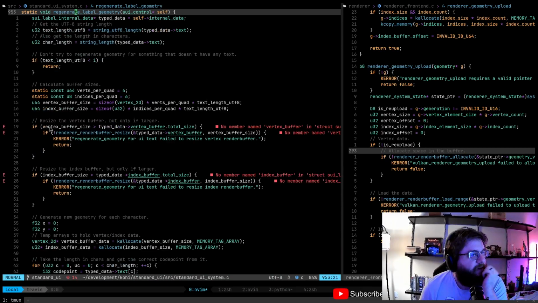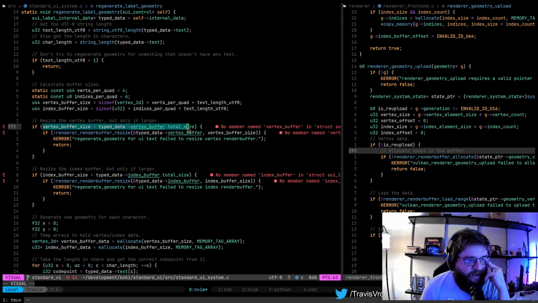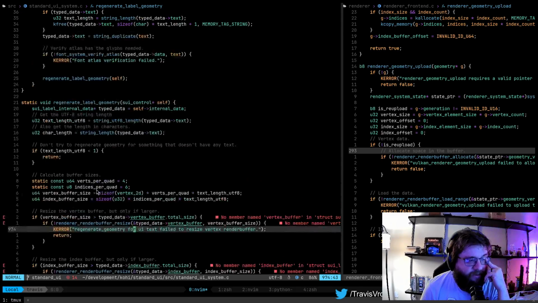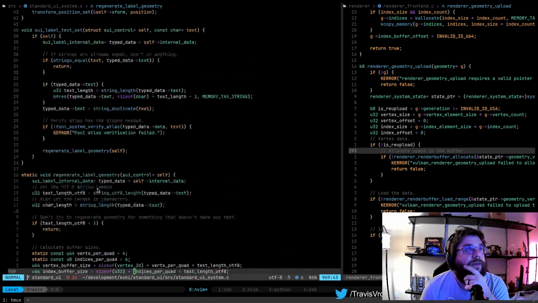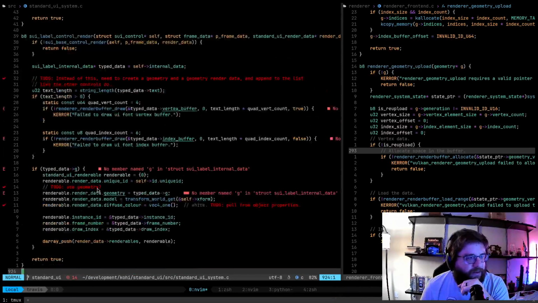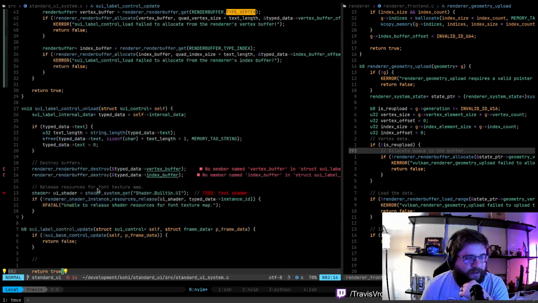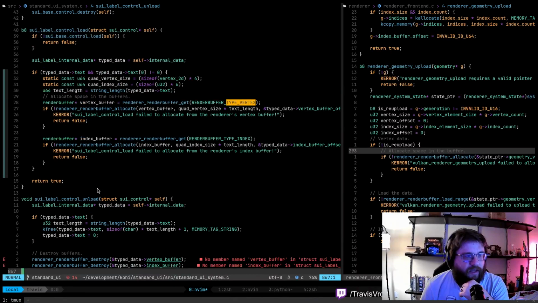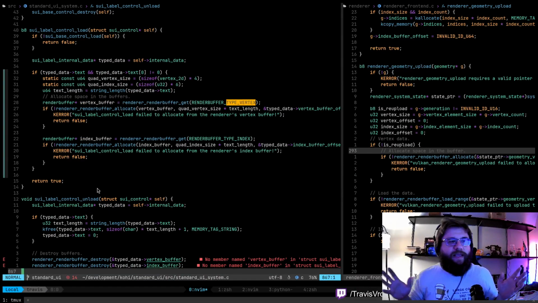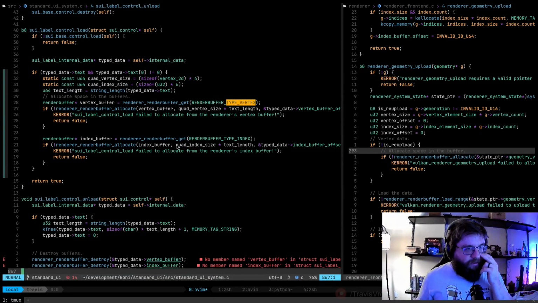When we do that, we say vertex buffer size. So we're doing it based off of buffer size, not string length. So that's how we're getting that. So we're not going to be able to do that anymore. We're basically going to have to keep a running text length. Like a running max text length is what I'm thinking. So that we always know how much space we've actually allocated from these buffers, right?